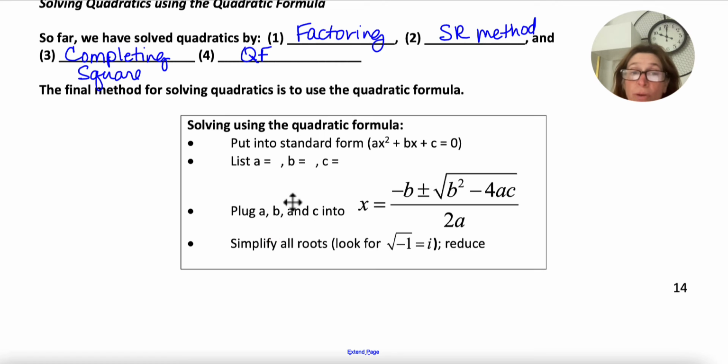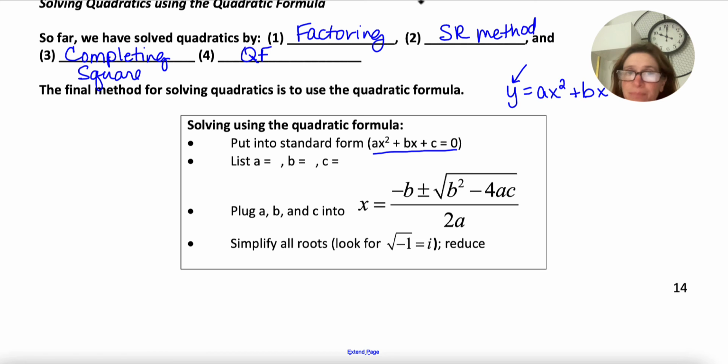about what you do. So if I want to use the quadratic formula, we have to make sure that the equation is in standard form first. So it has to be set equal to 0. Why? Well, because when we solve a quadratic equation, we're trying to find the x-intercepts, which is when y is equal to 0. So if I gave you a quadratic function, you basically are setting y equal to 0 and